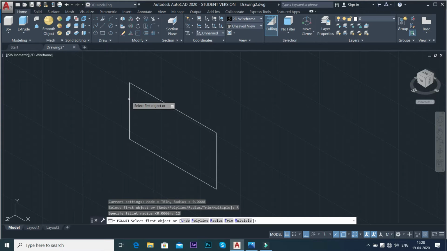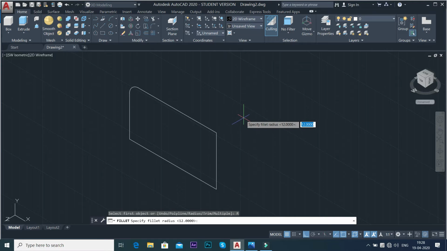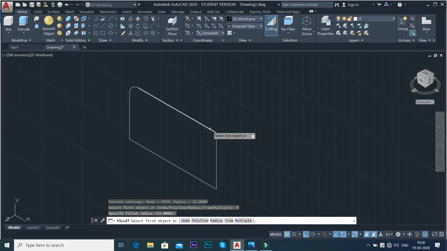I'll specify the first object, I'll specify the second object. Again, I will repeat this fillet command. I'll go to this radius option. It's already given 12, so I'll click on enter. I'll specify the first line and the second line, and accordingly, as you can see, the filleting has been